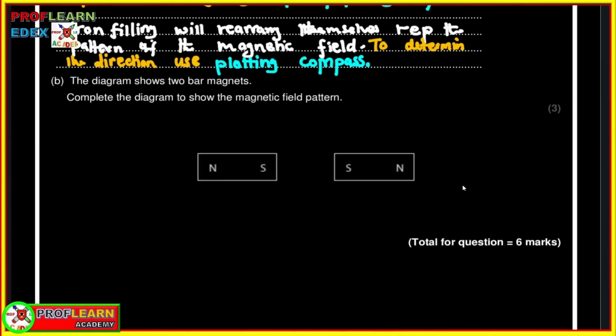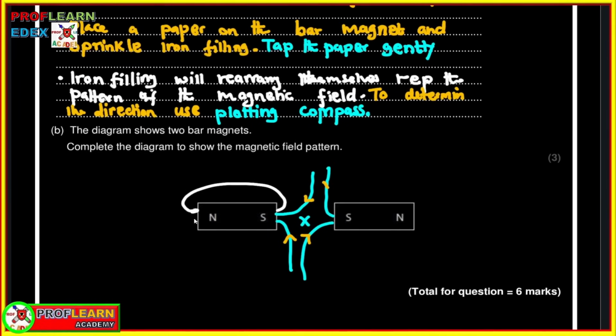The next question, we are told the diagram shows two bar magnets. Complete the diagram to show the magnetic field pattern. Remember, these two poles are actually like poles, so there's going to be repulsion between the two fields. So there's a region X where there is no effect of the magnetic field pattern, and this is called the